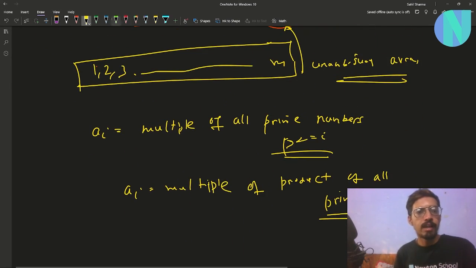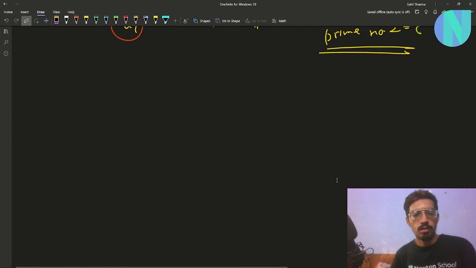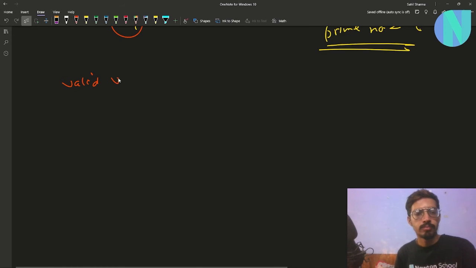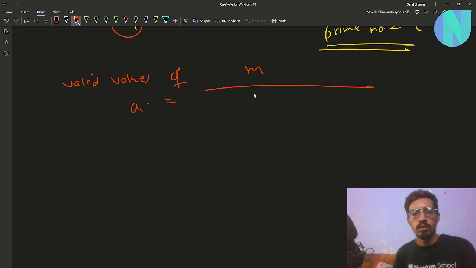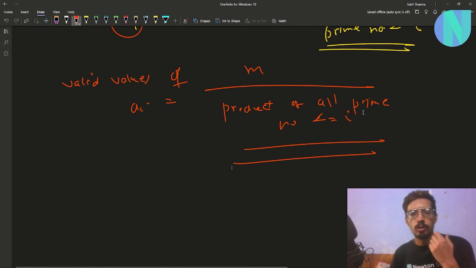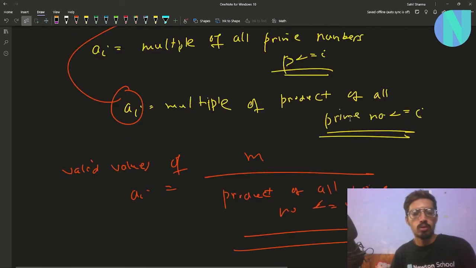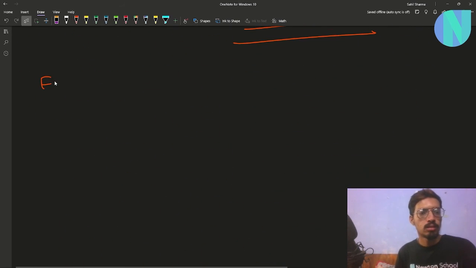So if I have to find the valid values of AI among these values, it will just be m over the product of all prime numbers less than or equal to I, right? So now the problem is easy enough, right? So we will start from length. So for length, starting from 1 to n,